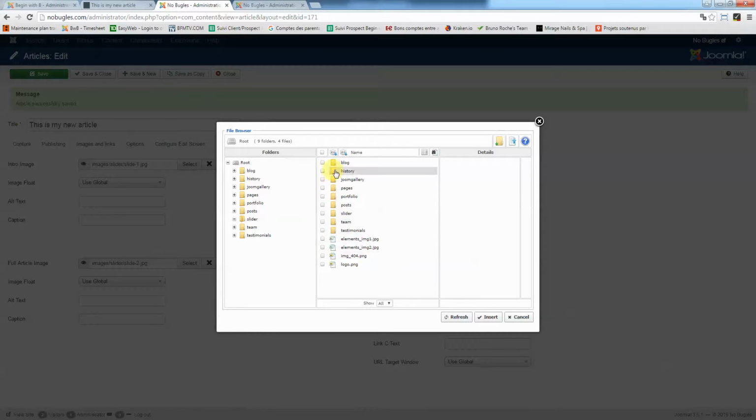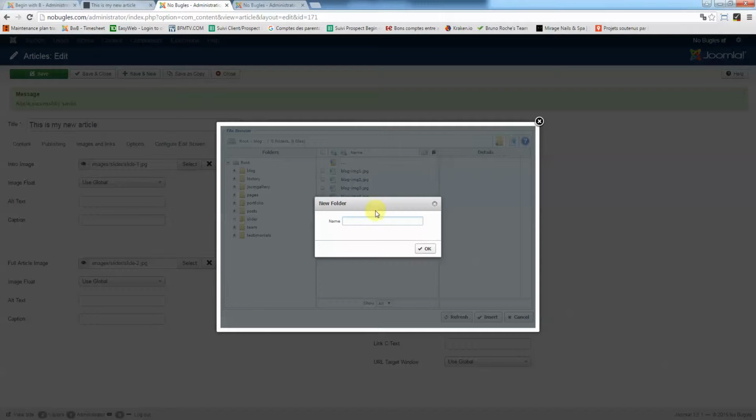I just leave them to show you some examples, but you can obviously remove them. For example, in the blog, I would highly recommend going into blog and creating a category. Create a new folder per category, for example test folder. So no blank, no capital letter, no weird character in the folder name, right? Okay,